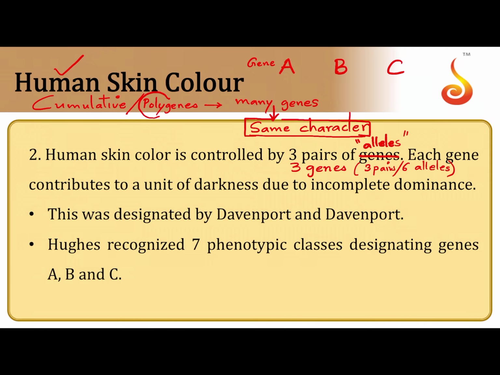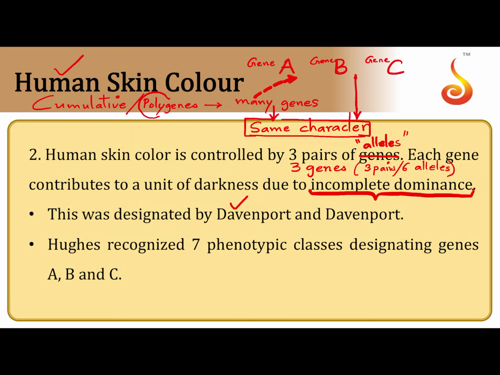So there are three genes, imagine, in our genome, that is gene A, gene B and gene C, which control the character. So obviously you can see here many genes are there, A, B and C, and the same character that they are controlling, which is in this case the skin color. This was first actually studied extensively, especially with regard to human skin color, and there is a sufficient blending that happens in the human skin color. That's why it is also considered to be a case of blended inheritance or incomplete dominance.